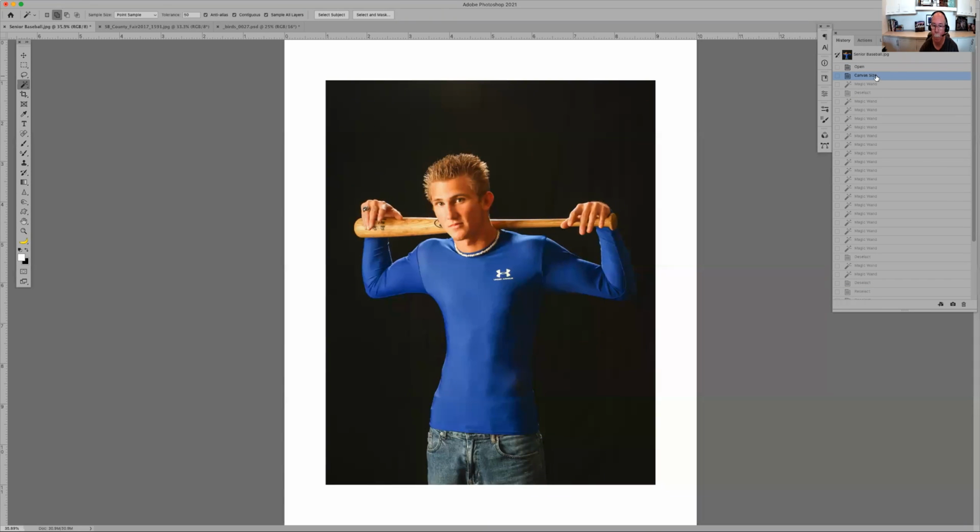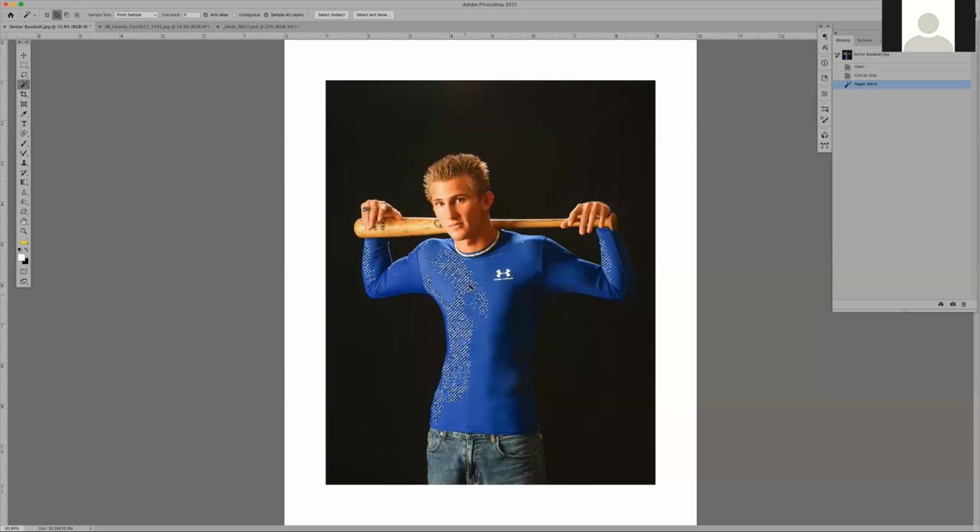One of the things about the magic wand tool, I want to select the blue color on his shirt. I'm going to set it really low right now just for fun. Turn off contiguous so I can collect all the blues. And I clicked on the blue in the shirt, and you see what it has selected. And the reason it's only selected a little bit,